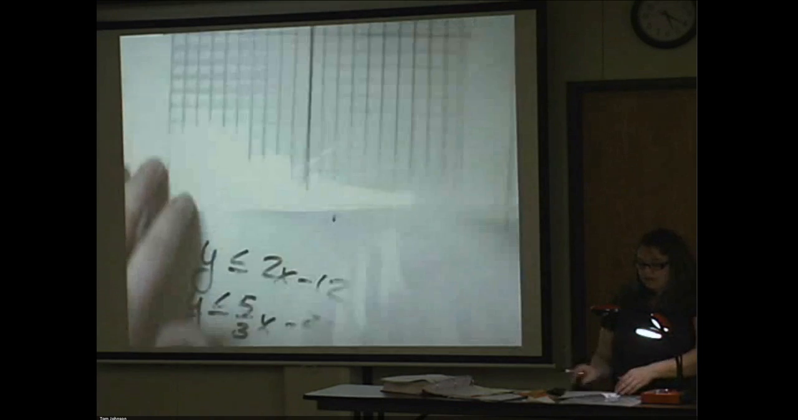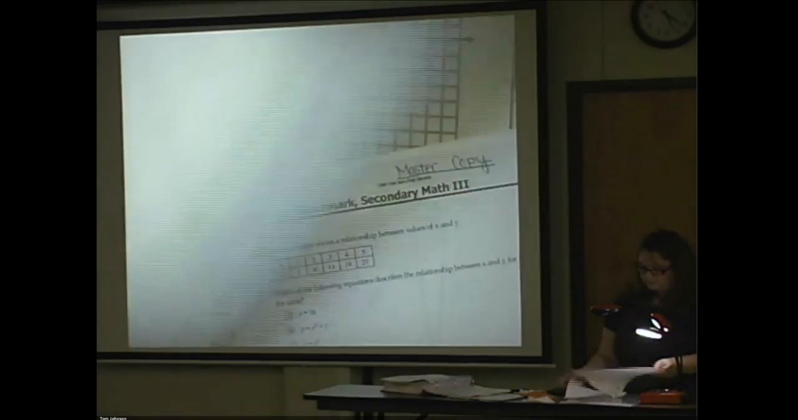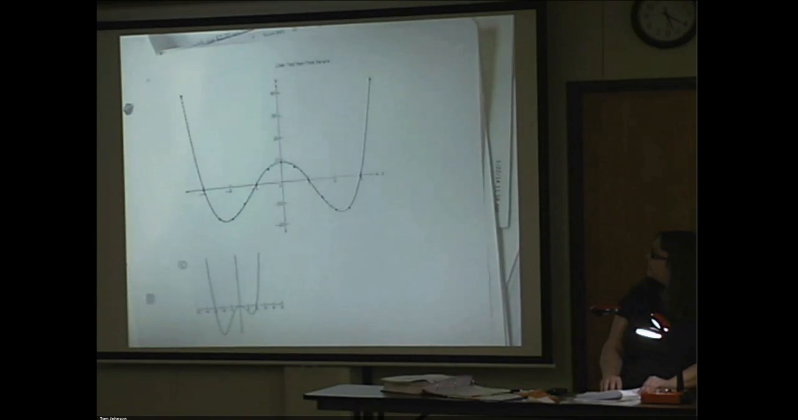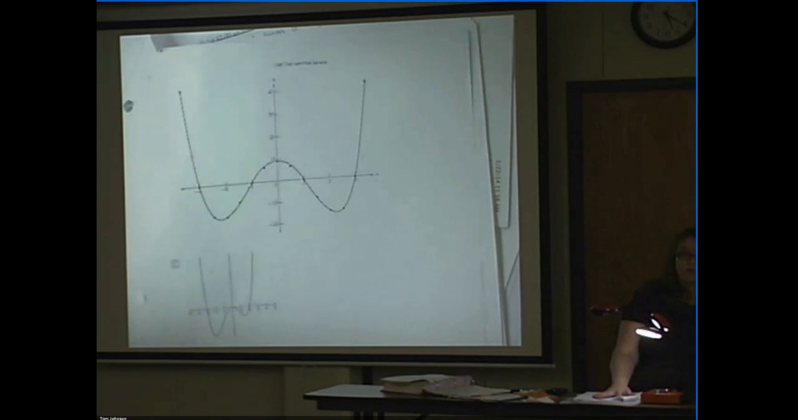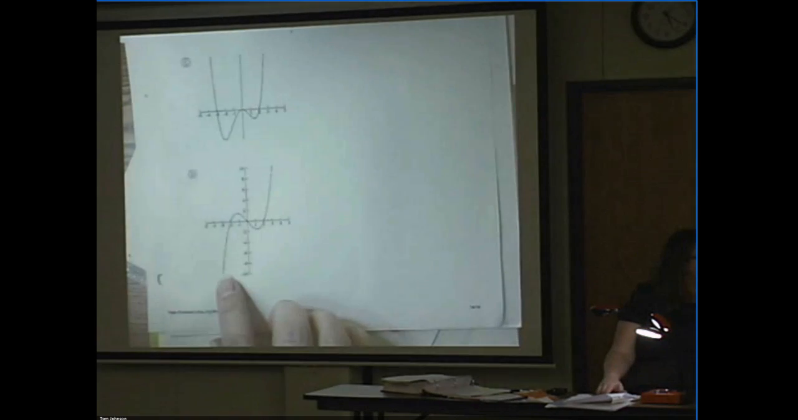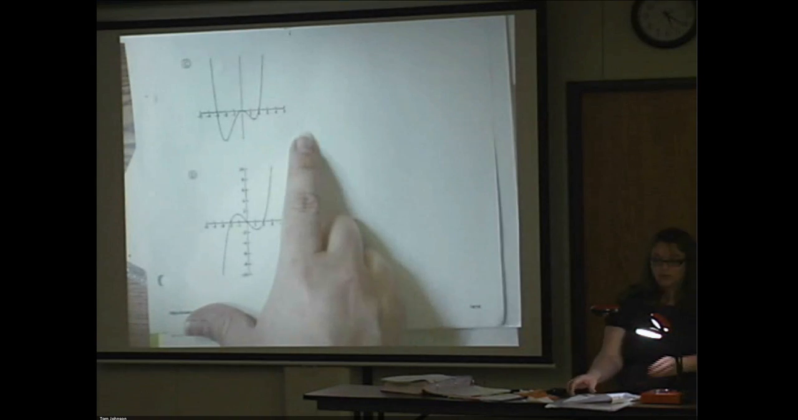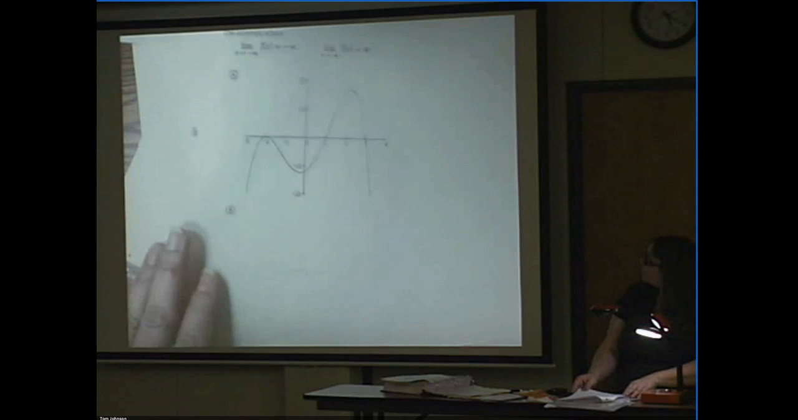Whereas if we look at these graphs, we can see that it has different end behavior. Here they're both going up, and here one is going down and one is going up. So let's go back to that notation. The way that this notation is read